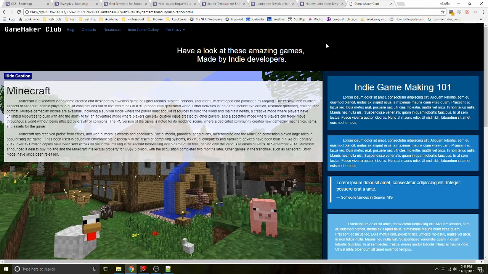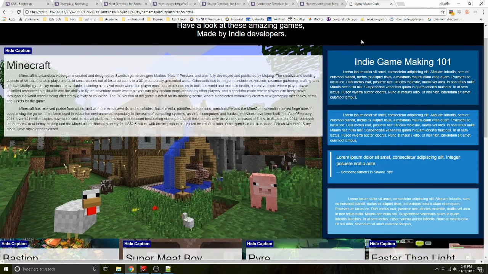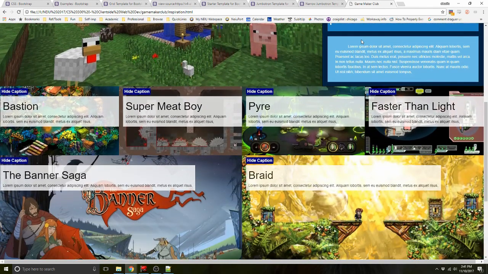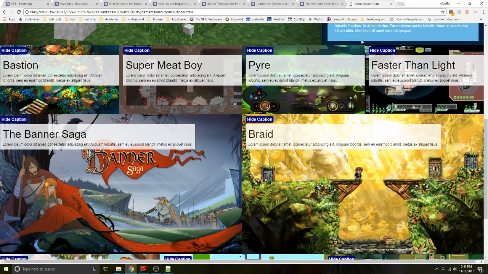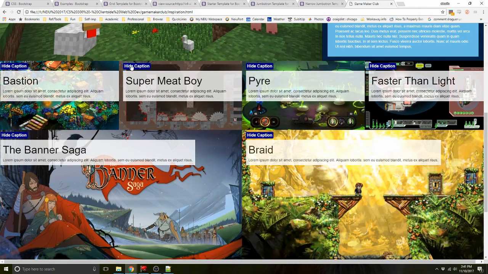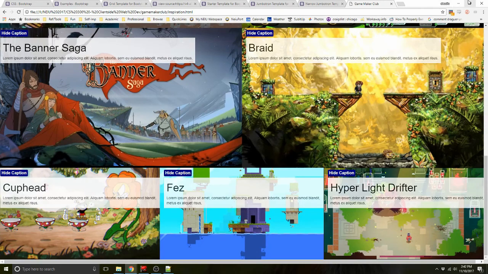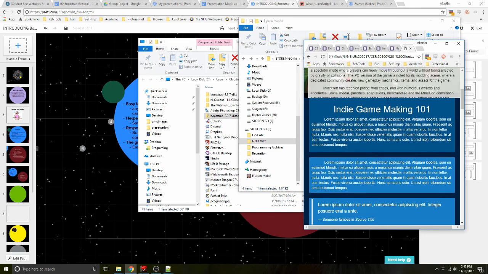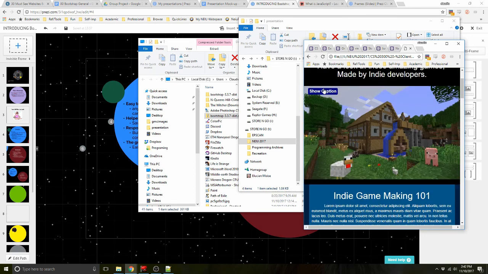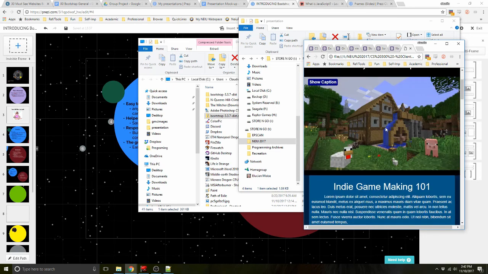For my final example on the grid system, let me take you to this page that I made. It's called the Masonry Gallery, and I've taken various images from well-known indie games and put them on my website. And I put them in such a way as to make full use of the Bootstrap grid system. You'll notice that I have various column layouts, and if I go ahead and shrink this, you'll notice that Bootstrap does a great job of making sure my mobile users can also access the